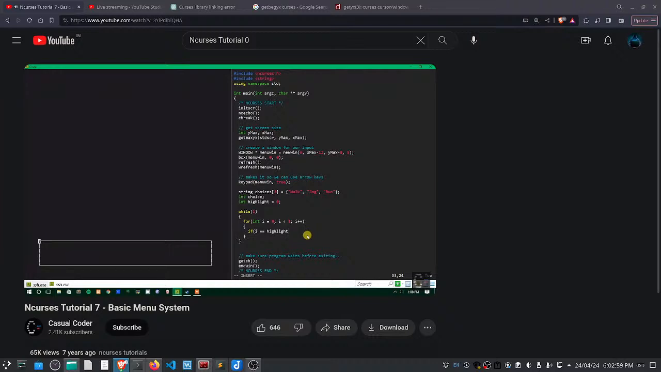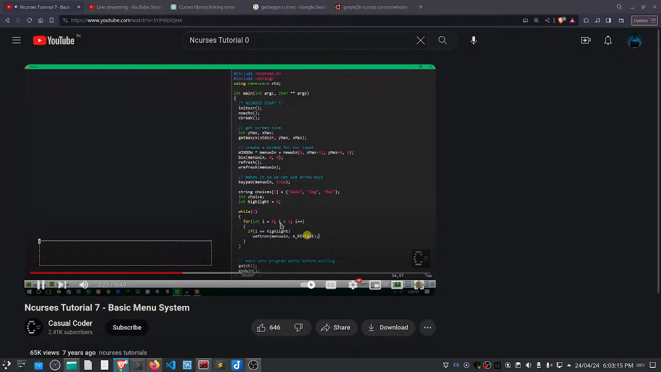So if i equals highlight, then we want to do what's called wattron, which is attribute on for a specific window. So we'll do our menu win, and we'll turn on A_REVERSE, which will quote unquote highlight it. It reverses the foreground and background color essentially. Then once we've done that, we want to print